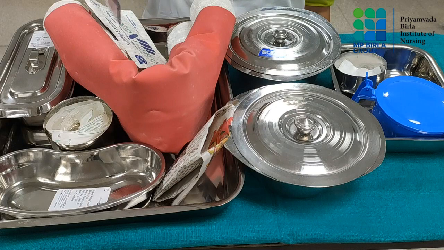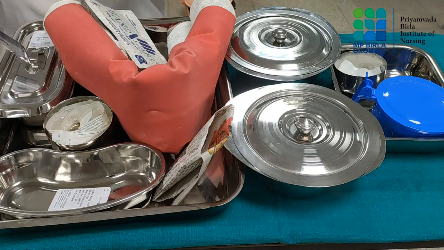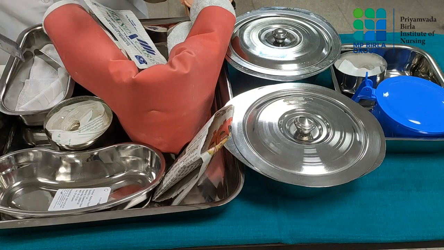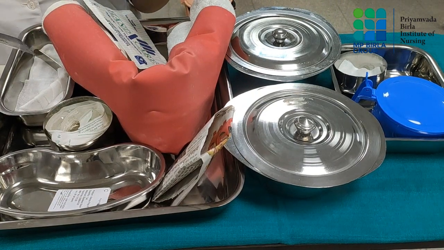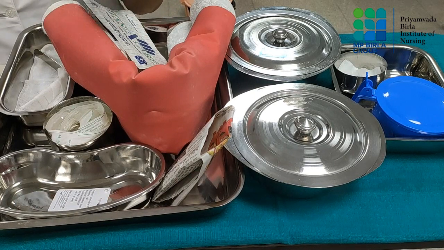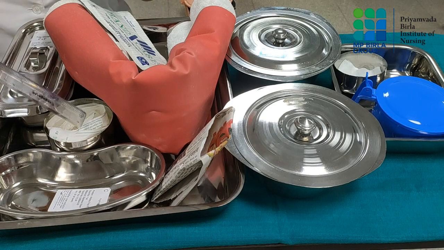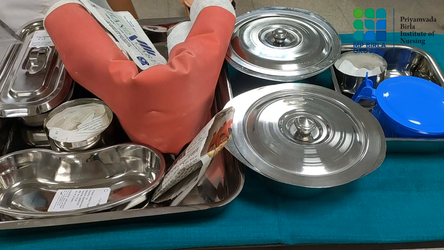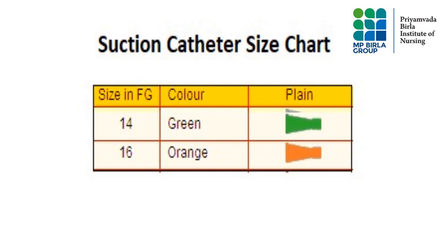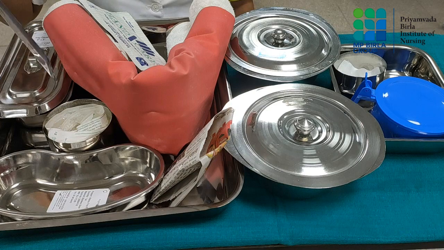Next, we have to also cover our mouth with a face mask. This is a knife dish containing a tongue depressor, which is used to open the patient's mouth and visualize the secretion, which will help in the suctioning. In the gallipot, I have taken a 14 French suction catheter tube. Usually the adult size of the tubings is from 14 to 16 and here I have taken 14 French.